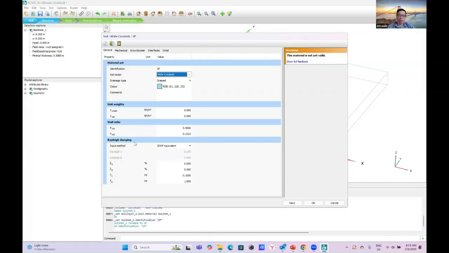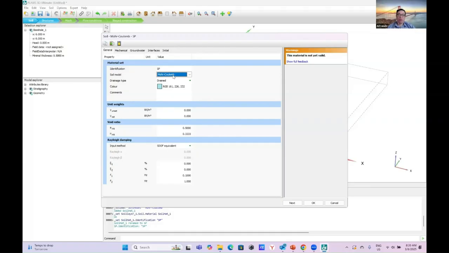The Rayleigh damping is for you if you understand how to perform seismic analysis more accurately. But even if you don't key in Rayleigh damping, you just incorporate the seismic result from site response analysis, you still have the conservative displacement. So this part and void ratio you don't need to key in, only unit weight, unsaturated and saturated. Unsaturated means the unit weight above the water table. Saturated is the unit weight below the water table.